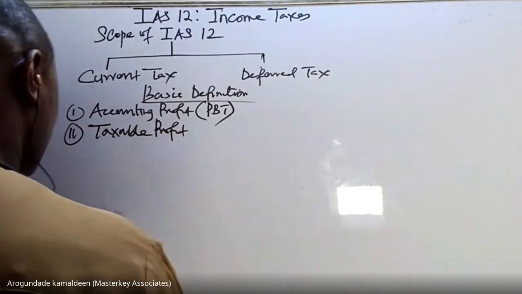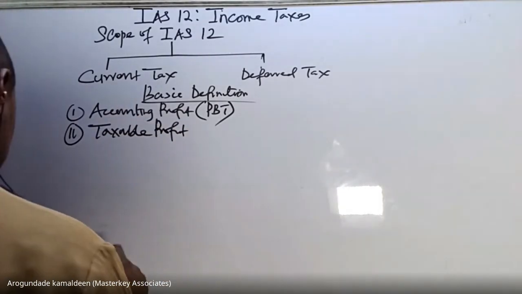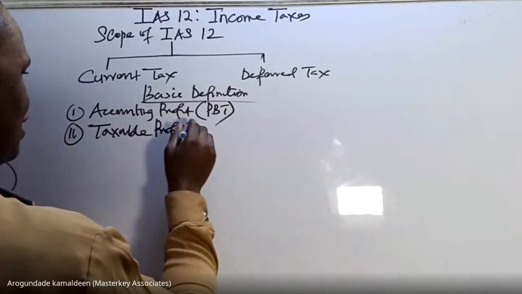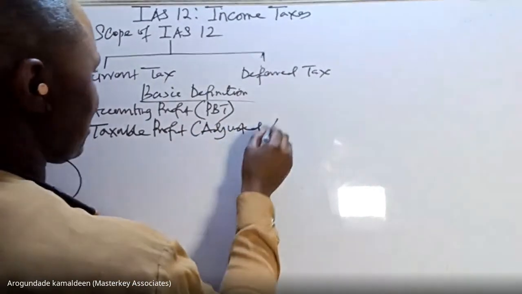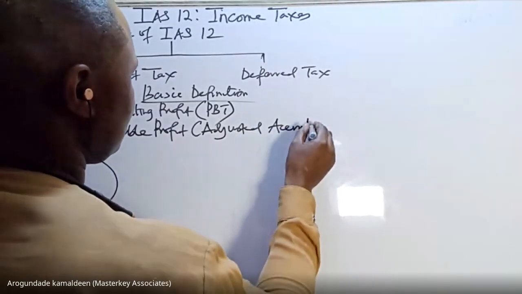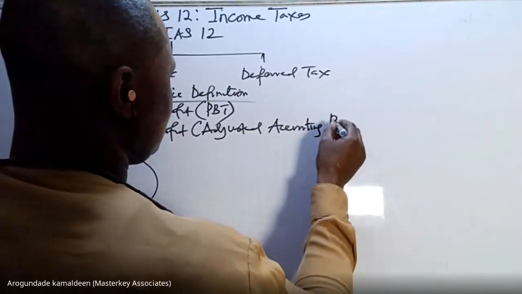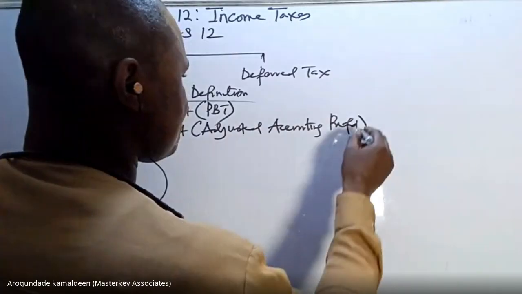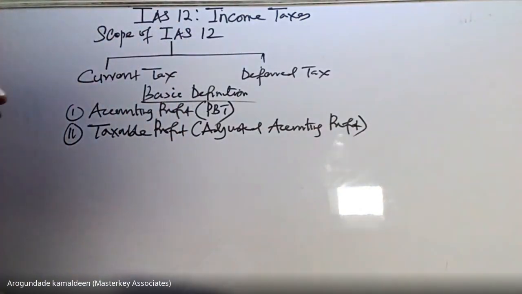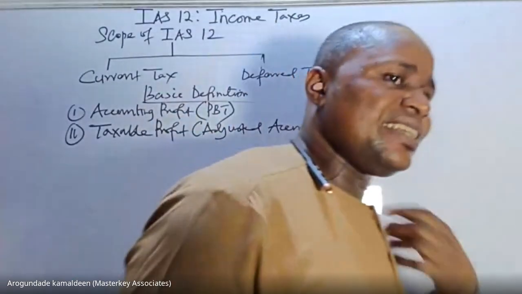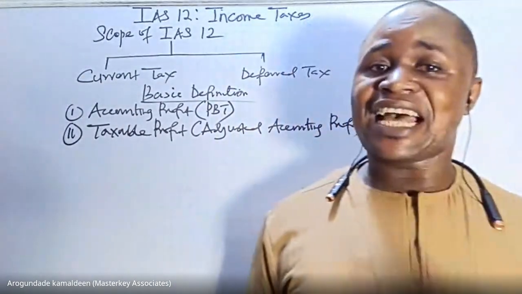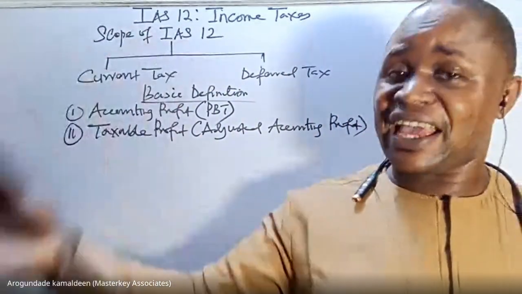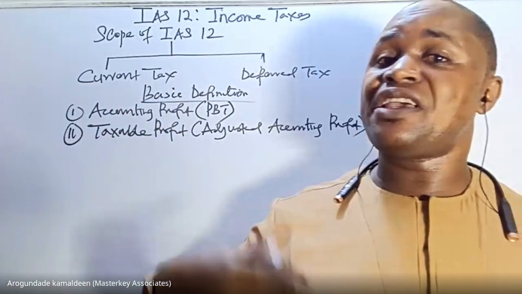Now, I will call this adjusted accounting profit. Now, taxable profit. This is the profit that is calculated by the tax authority in line with the tax